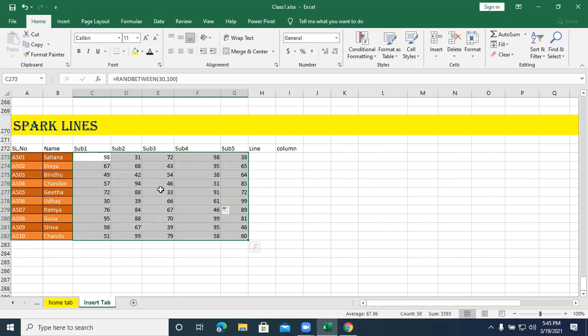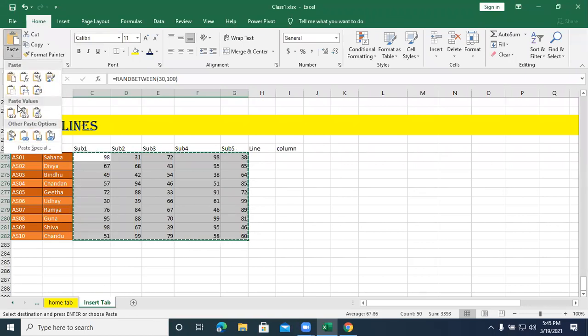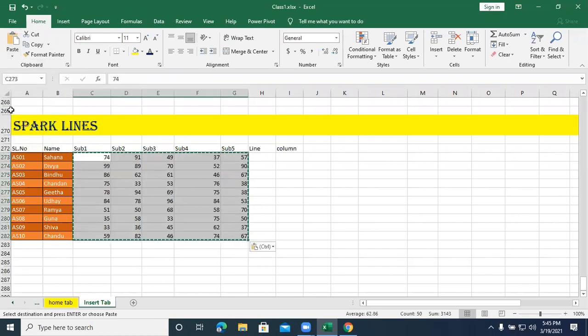So from where can I use paste special as values, I just first copy this, Control C. And you can also observe that the cell contains the formula. This formula should be removed and only the number should appear. So first select the numbers, Control C, copy, go to paste special and paste as values. So this removes your formula and the numbers will be constant in the cell.